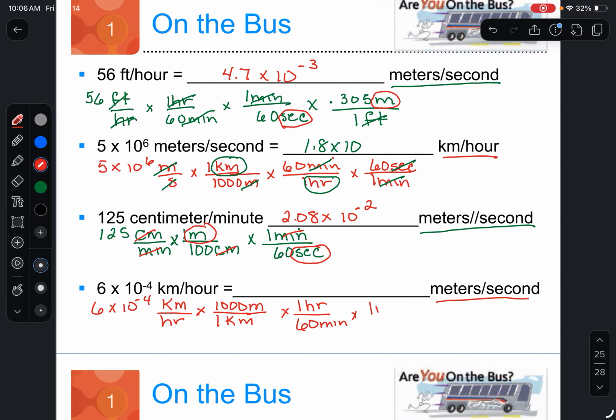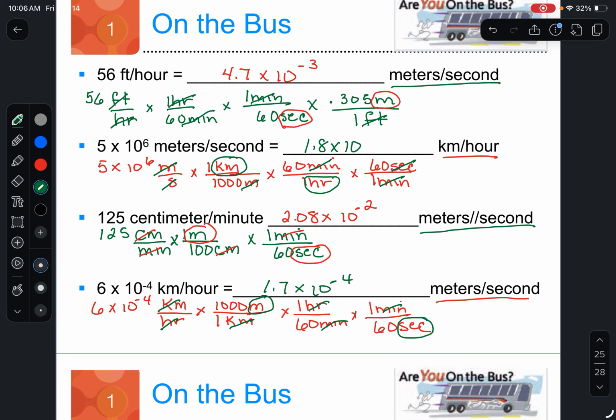And we know in 1 minute, we have 60 seconds. So again, we're going to check our units. So we see kilometers cancel, hours cancel, minutes cancel. We're left with meters over seconds, and that answer comes out to be 1.7 times 10 to the minus 4